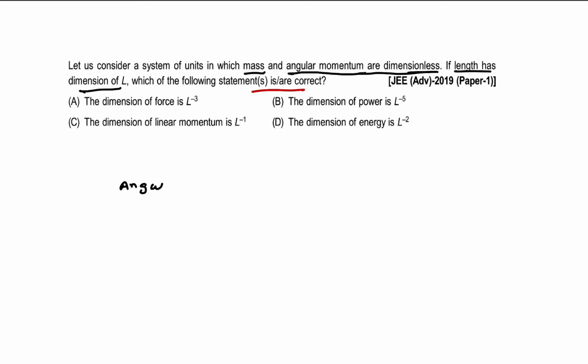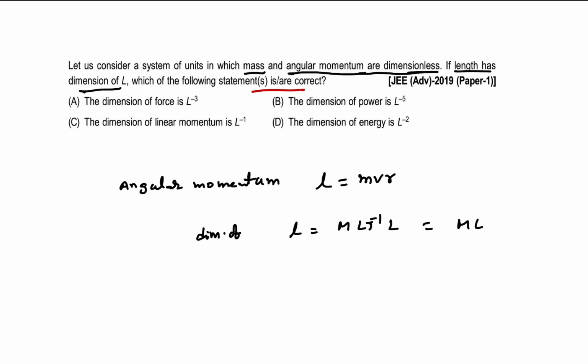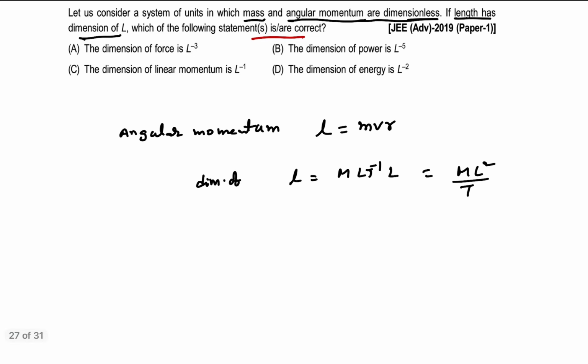It is more than one option. We can check that now. First, I am going to write angular momentum. Let us consider angular momentum, small l I am representing. The reason is that length they have mentioned as L. That's why small l is equal to m into v into r. That L can be written as dimension of L is m L t power minus 1 L, that is equal to m L square divided by t. For our reference purpose, I am writing this. Given that L is dimensionless,